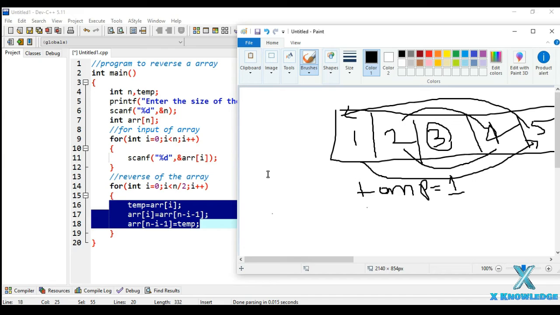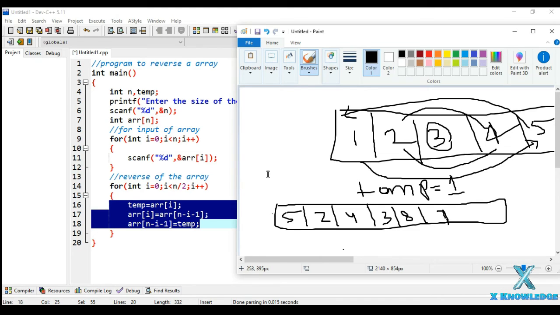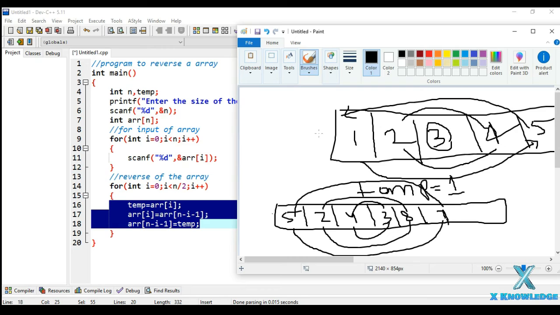Now you might be thinking, if the array is going to contain 6 elements, then what is going to happen? Now I have taken an array which contains 6 elements. Now what is going to happen out here is that 7 will come at the first position and 5 will go at the last position. 8 will come at the 2nd position and 2 will go at the 5th position. The swap operation will take place, and the 3 will come at the 4th position and 4 will go at the 3rd position. Since there were 6 elements, the for loop is going to run 3 times. That's the reason that 3 iterations occur out here.